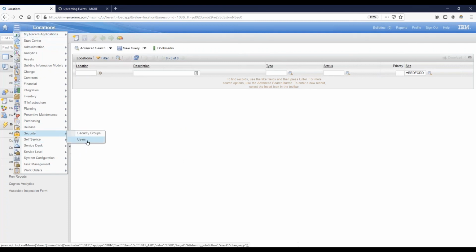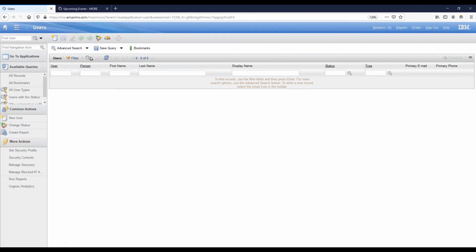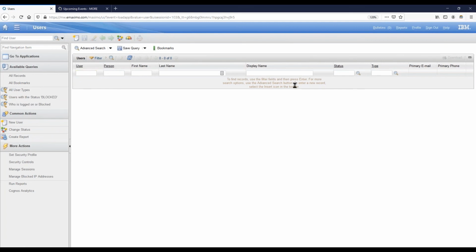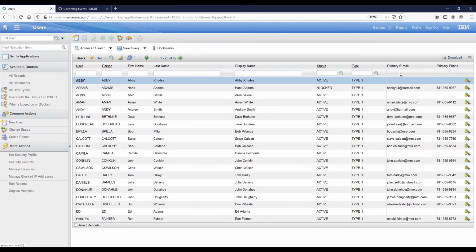So let's go back to users, the list. I think I misspoke. You don't have the option to search in the filter area, not just because the primary email and primary phone are not on the user object, but they're also not on the person object. They're not persistent fields on the person object. So that's their issue. But they are available for you to bring onto the list. And in fact, when you download them,